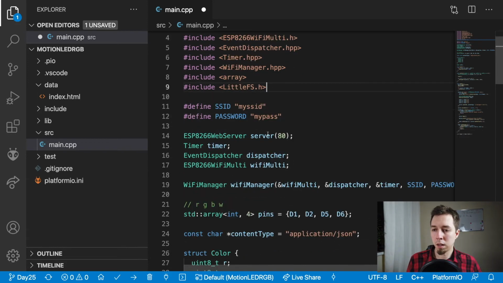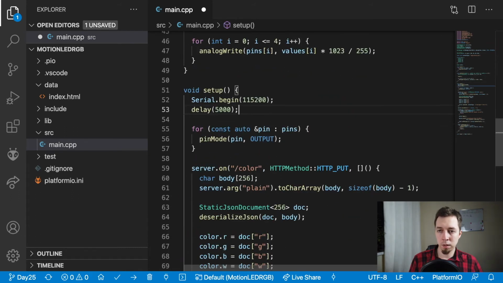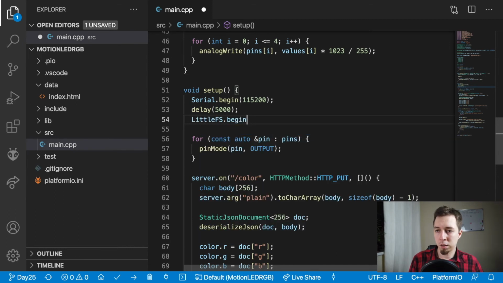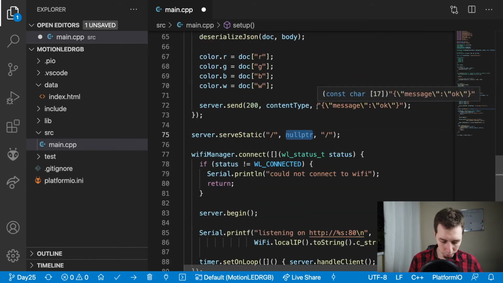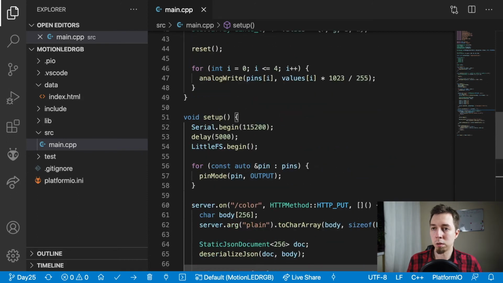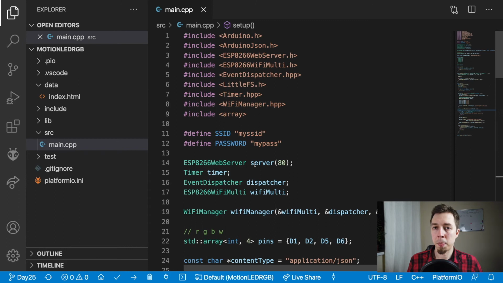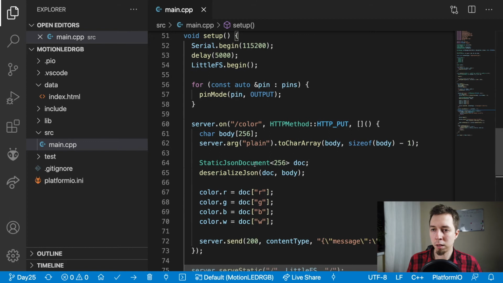Little fs. And I'm gonna need to, in the setup function, somewhere here maybe, initialize this file system. And then, instead of passing null pointer, I'm gonna pass little fs, right? It wouldn't work with null pointer, that was just temporary. So now we serve the contents of data statically. And with this code, we should be able to see the index.html file, but now I need to add the